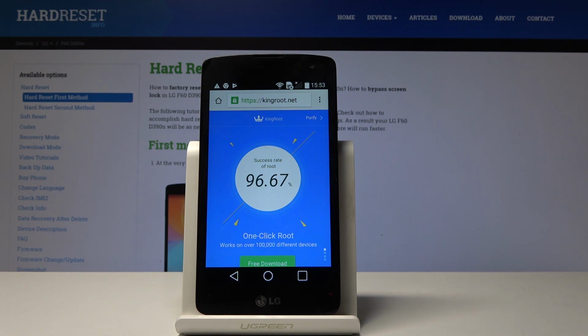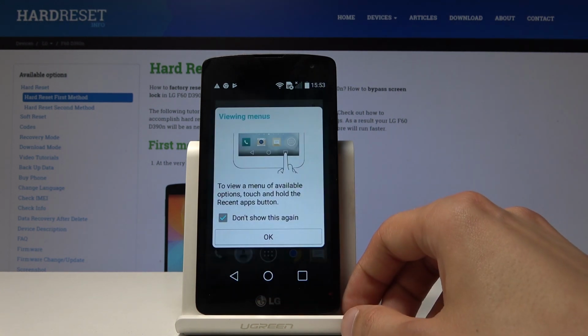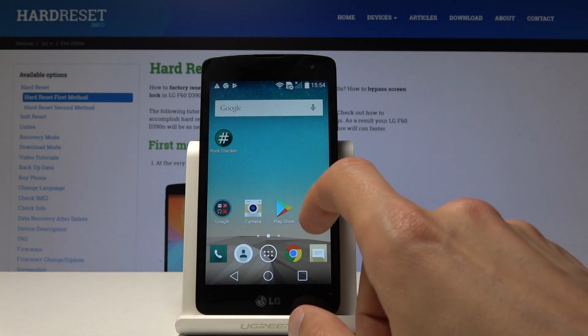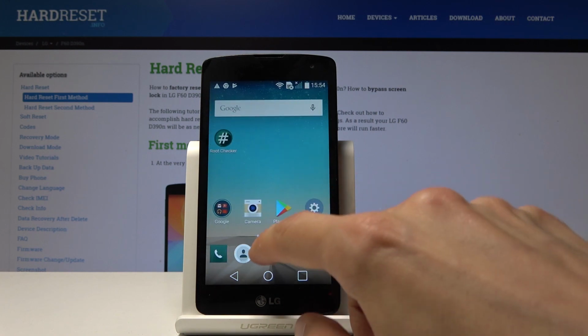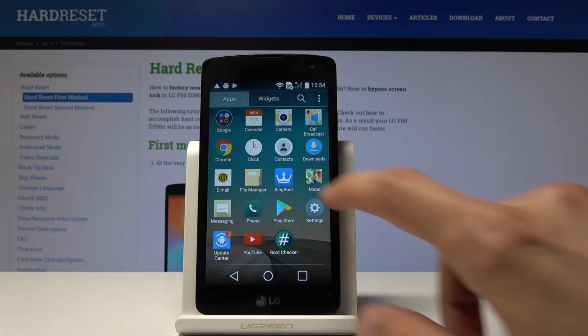Now, so you get a better idea, I can also check out how to root it, then you will actually see clearly what I'm talking about if you want to use this tool to unroot the device. But I already have it installed, so we're gonna proceed on as if we have the app. So I'm gonna open it,